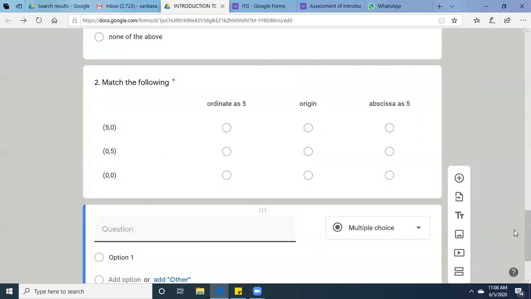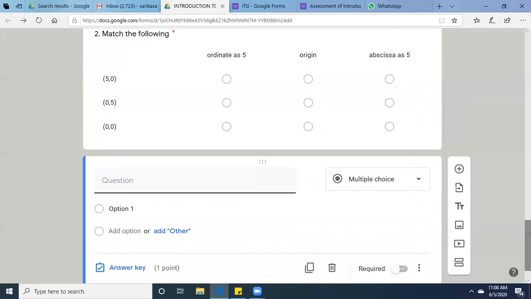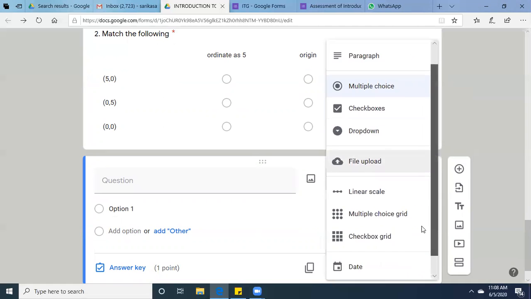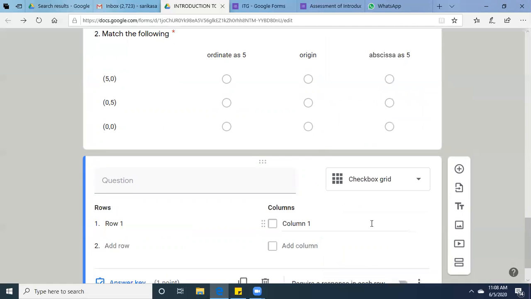Now in this, I'll be explaining how to type a question if it is in the form of a checkbox grid. So my third question will be in the form of a checkbox grid.